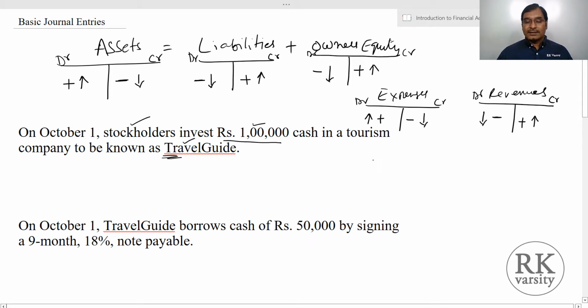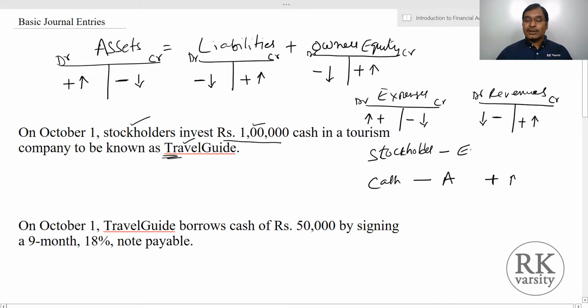Now we'll see the two accounts. One is the stockholders, or we can say the stockholder or equity holders, and the second one is cash, right? The stockholder or the equity holders, this is your equity, whereas the cash is your asset. Fine. Next, what is increasing here in the business? Cash is increasing.